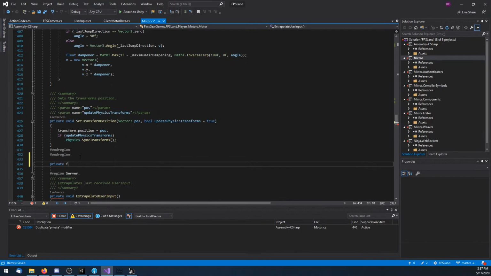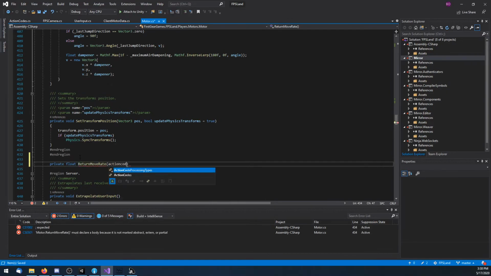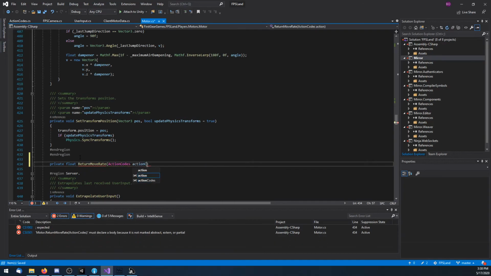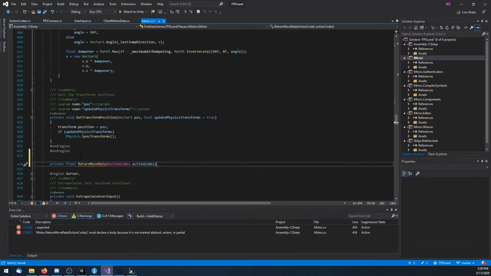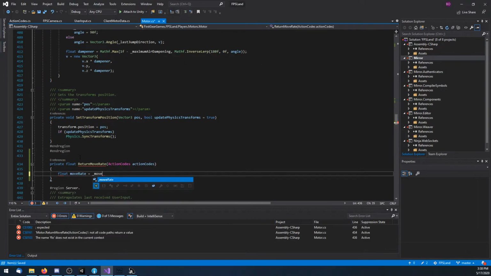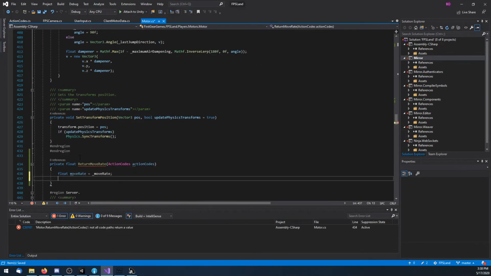I'm going to do private float return move rate, and I'm going to take in action codes because that will ultimately determine the current move rate. Okay, so float move rate equals move rate. So I'm going to set it to default move rate. And then I'm going to do